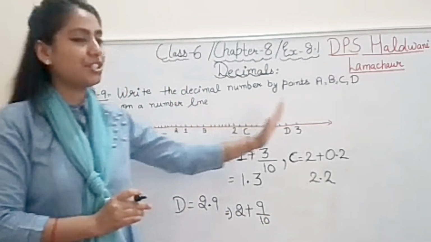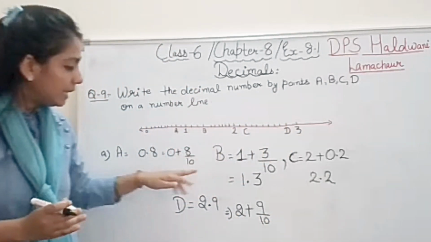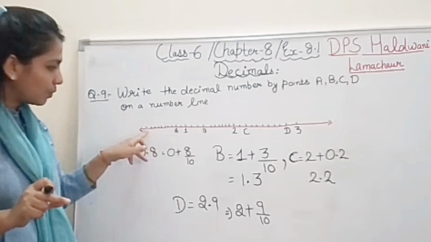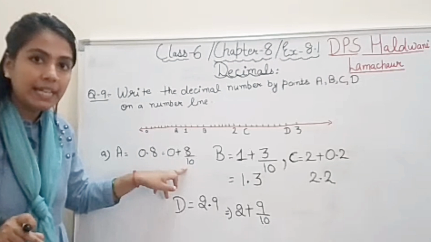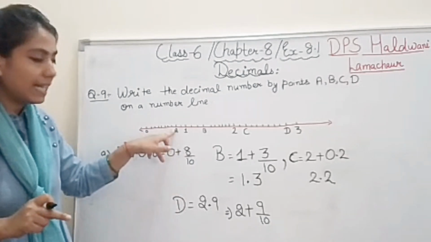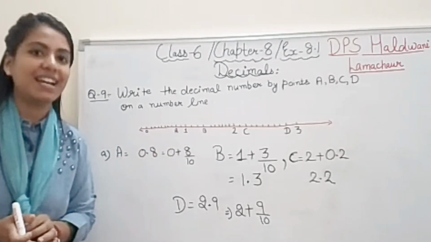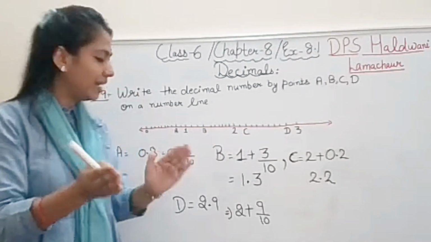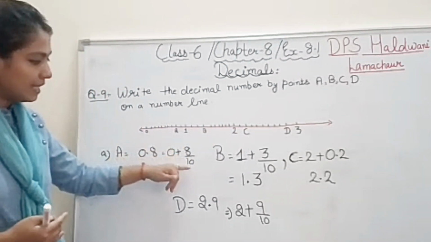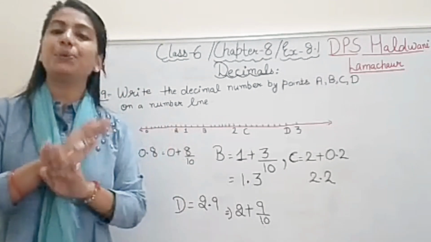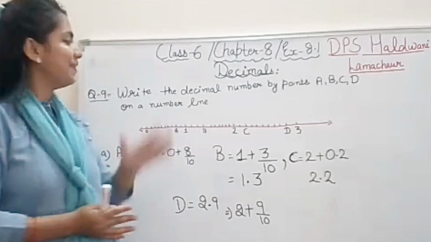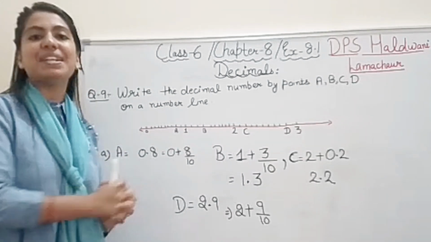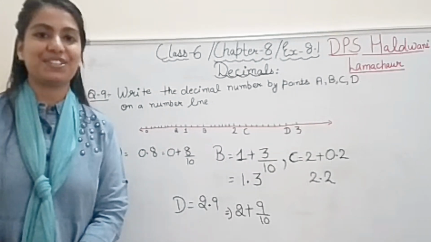Because the whole division part is divided into 10 equal parts, because denominator is always the equal parts. So equal parts are 10 and out of 10 the numerator is 8. So answer is 0.8. I hope student you got this method. Either you can write directly or you can write in this manner, your choice. Totally up to you. Right student? Very simple question this we have. Now this was question number 9. Now coming to our next question.